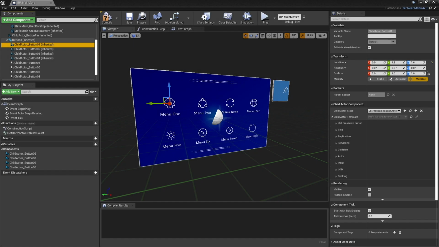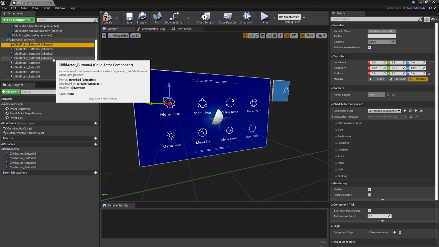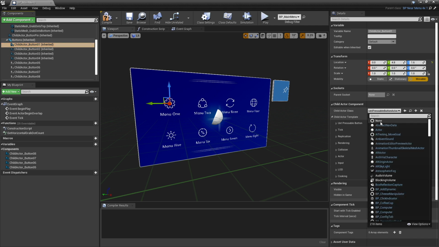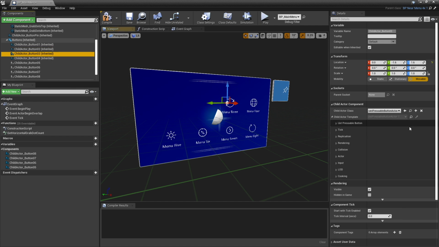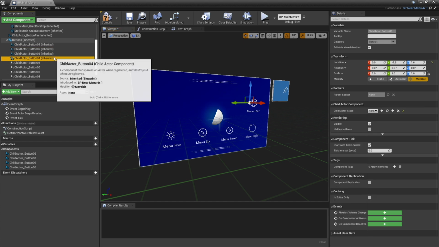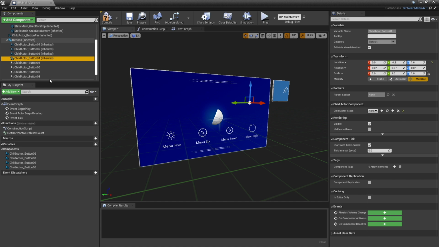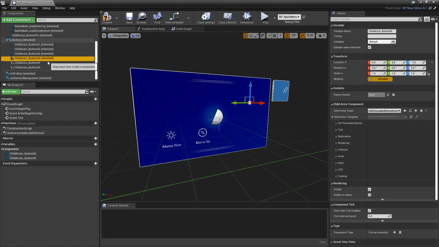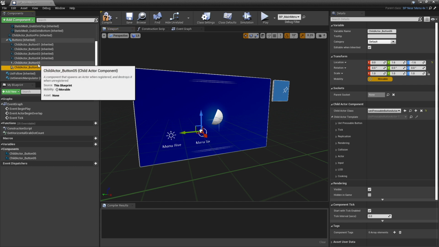So I've been talking a lot about buttons. Let's actually start configuring some buttons for our panel. So this panel will only need 2 buttons. So let's get rid of these other buttons. I'm just going to set these child actors to none to get rid of them. And then I'll delete these last 2. So that gives us button 5 and 6.